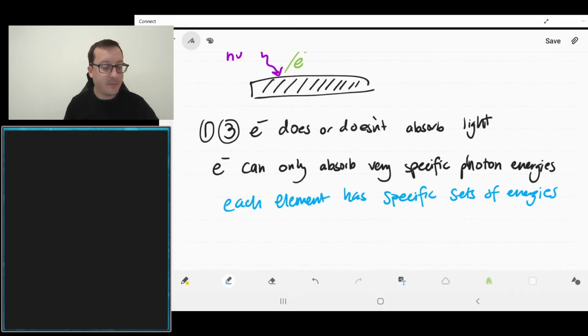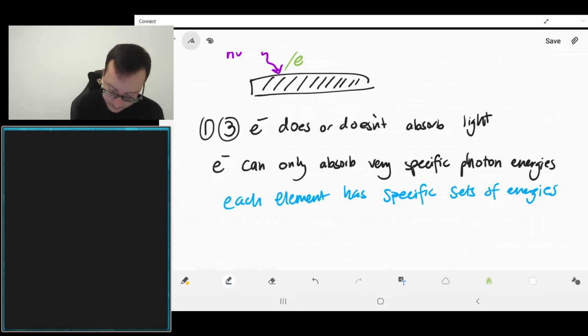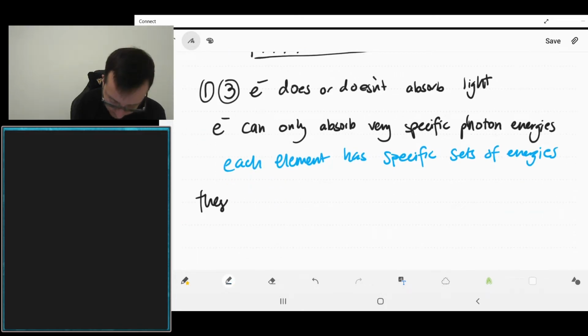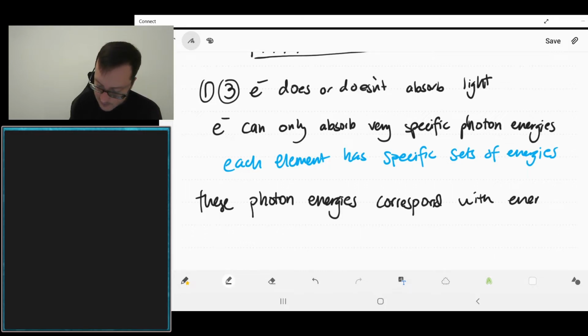It's all about which thing we're looking at. And we're going to see that these correspond with energy levels within the atom. These photon energies correspond with energy levels